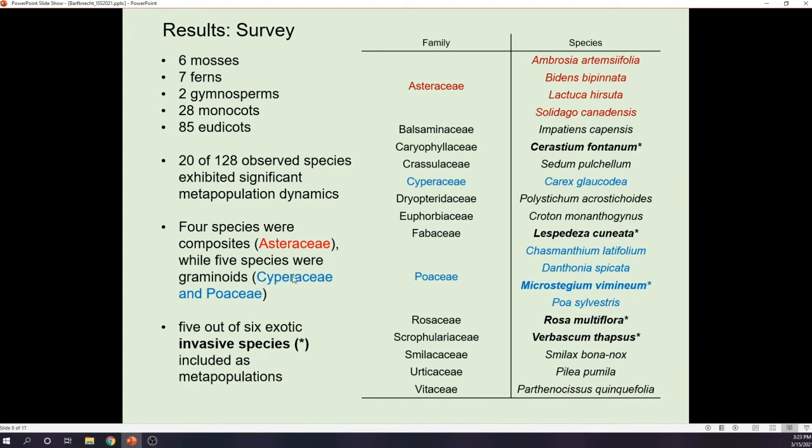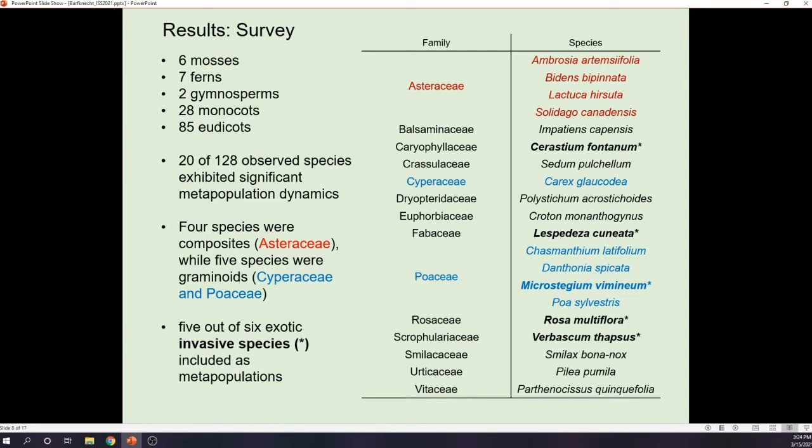So the Cyperaceae, the sedges, and Poaceae, the grasses, there were 5 of those that actually occurred within the metapopulation dynamic significant group as well. And then finally, 5 out of 6 of the exotic invasive species that were observed across all surveys ended up having significant metapopulation dynamics. The only thing that didn't actually make this list was Lonicera japonica, which is known as